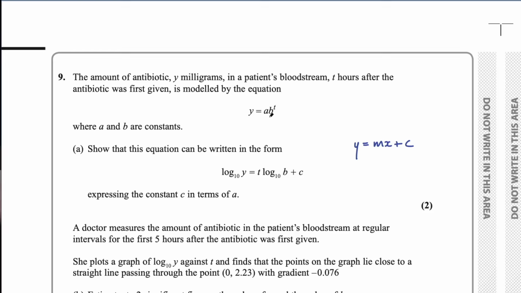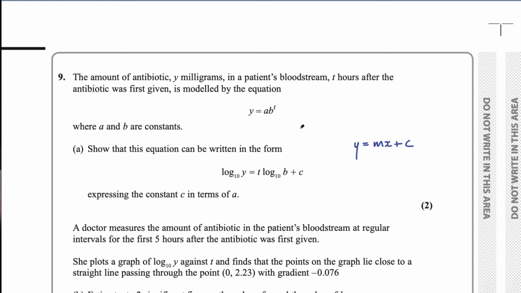Now we have a value of this A and B, we can interpret what they actually mean. So for example, if T was equal to 0 in this equation, B to the power 0 would be 1, we'd just be left with y equals A. So when we have 0 hours, then A is the amount of antibiotic. So in other words, A would be the initial injection of antibiotic, or the initial amount of antibiotic at T